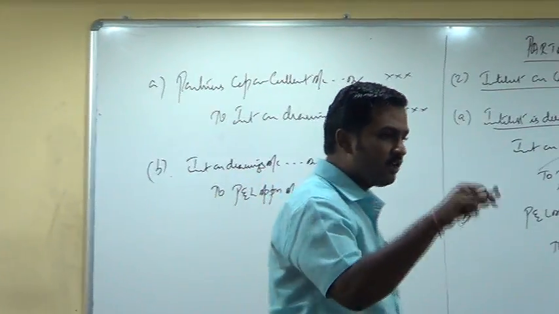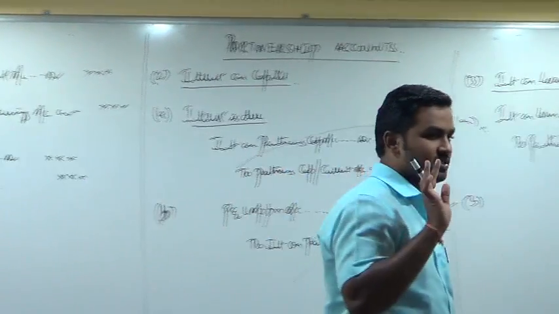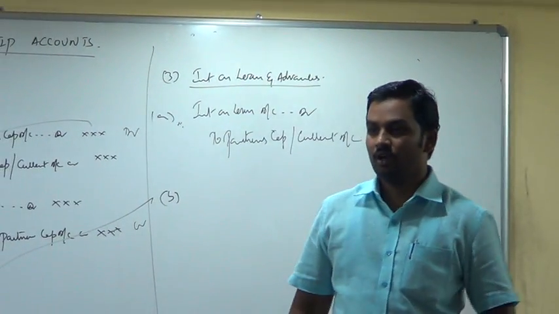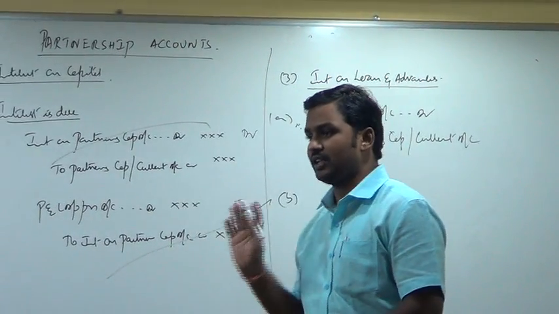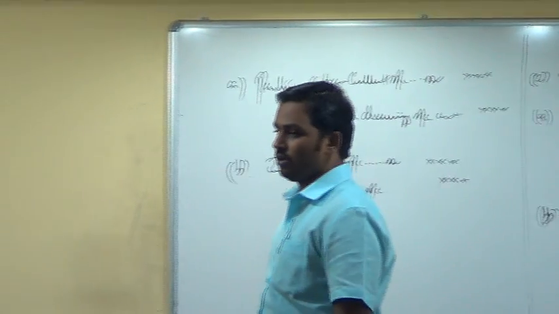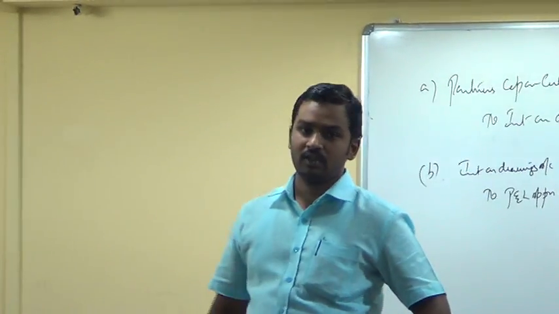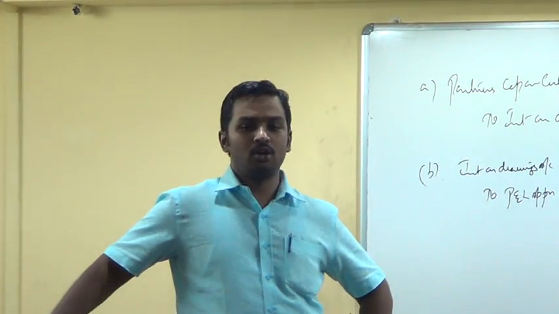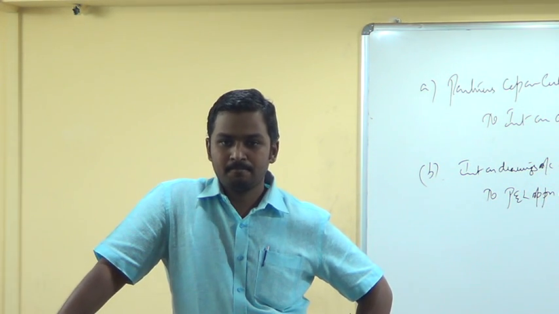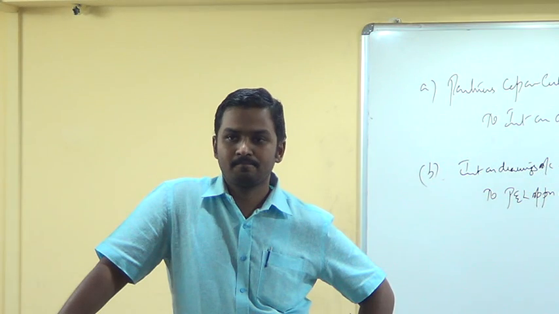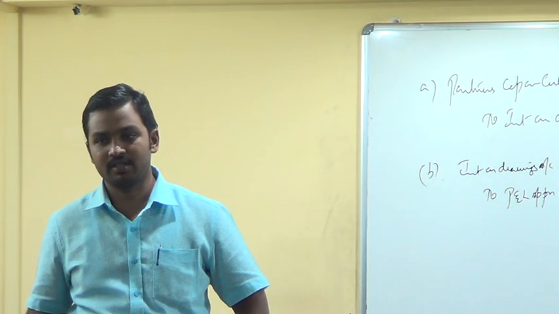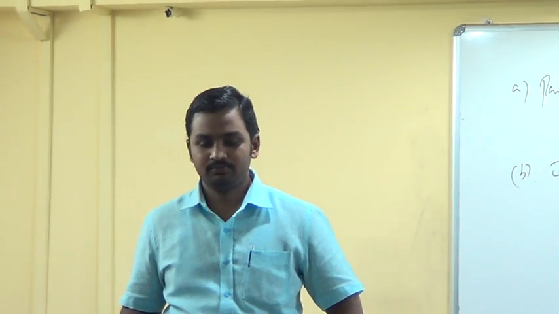So before determination of profits, you have to subtract this. Before determination of profit, interest has to be subtracted. Is it clear? Before you calculate the profit for the year, you have to subtract this. Entry: P&L account debit, interest on partner's loan. P&L account debit, interest on loan. These are the two entries we are going to pass for interest on loans and advances. Next